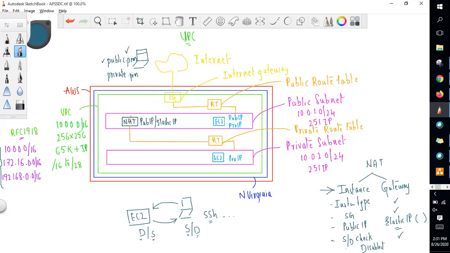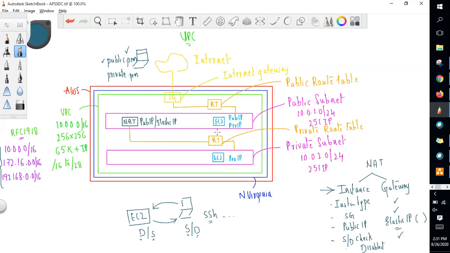Okay. So what we have done, we have created a VPC. We have implemented it with a CIDR, and we have created two subnets. One is public, the other one is private. Then we created an internet gateway to get internet access for the VPC. And we have created a public route table and a private route table.